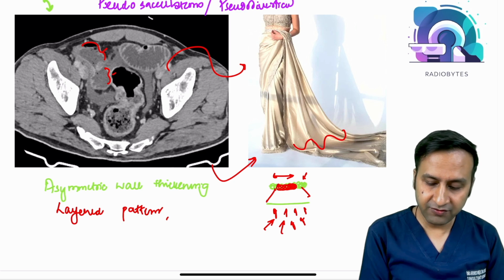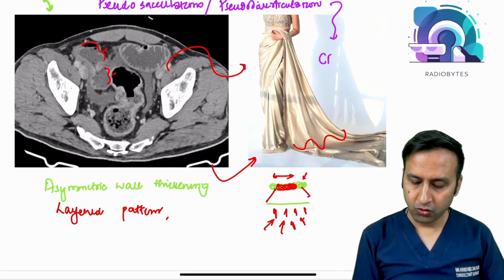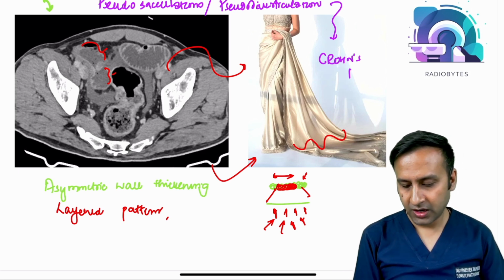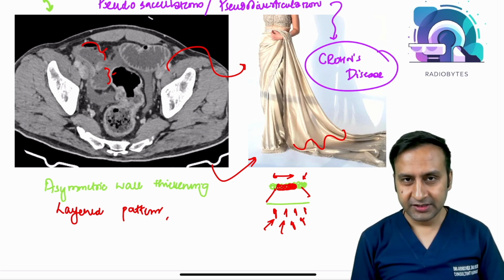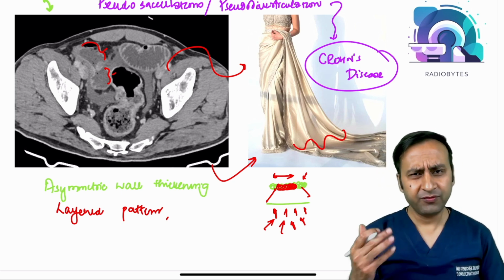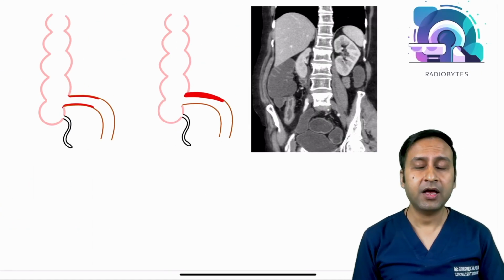And this is a very, very important phenomenon or feature of Crohn's disease. So now we have come to the conclusion that we're dealing with an inflammatory bowel disease, and this disease is Crohn's disease. Now we've made the diagnosis. Let us just quickly review what are the things which happen in Crohn's disease and how do we see them